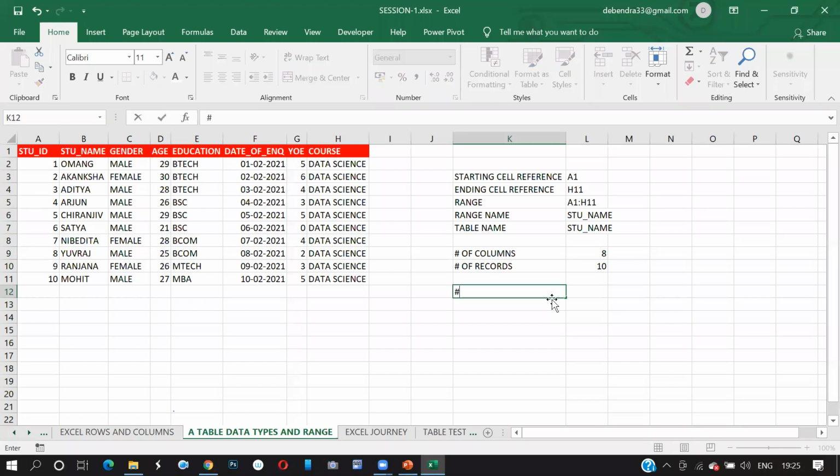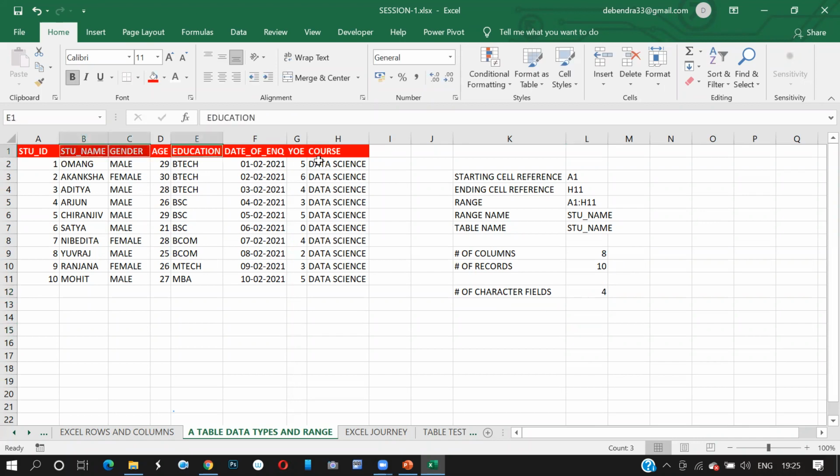Now, the number of character fields. How many character fields are there? There are 4 columns. Who are they? Student name, gender, education, and the course.